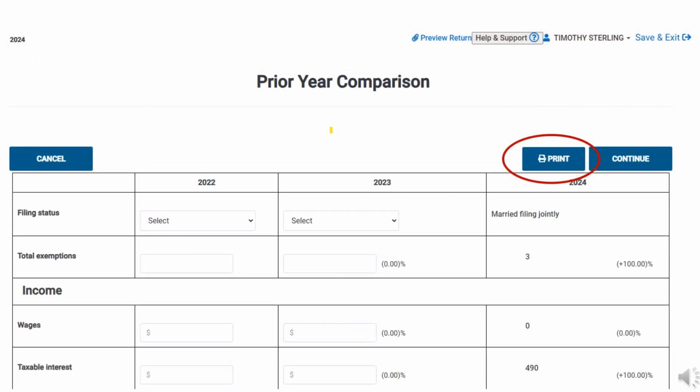Here is an example of the prior year comparison worksheet, and you can see various things here. For instance, you can eventually print this worksheet out once it's all finished. You can print it out for the benefit of the taxpayer. And one thing I wanted to point out, however, is you can also see that the first 2 columns for